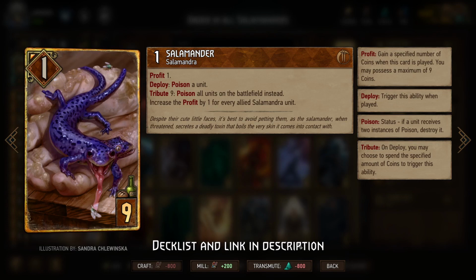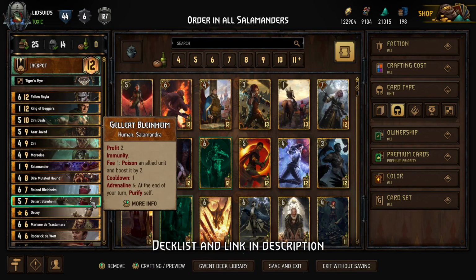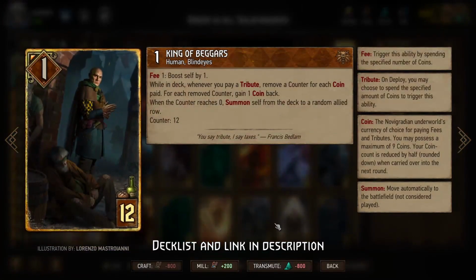Then on your next turn, Decoy, which, because when you use that first Salamander order ability, should be just enough of a tribute between Azar Javed to guarantee that you get King of Beggars out from your deck. So at that point, when you're using Decoy on the Salamander on your very last turn in round 3, there are no units in your deck. And what that means is